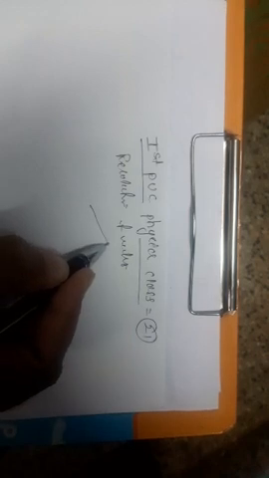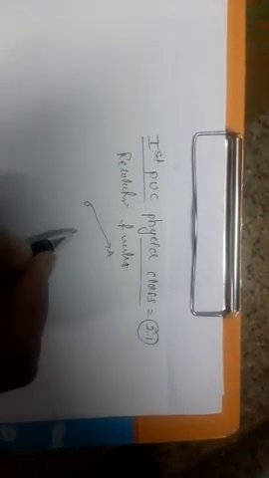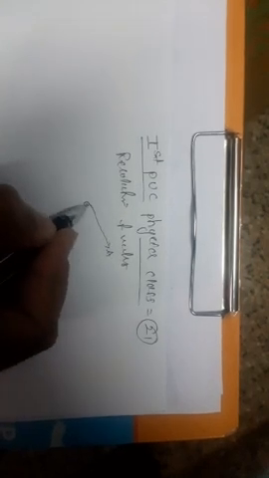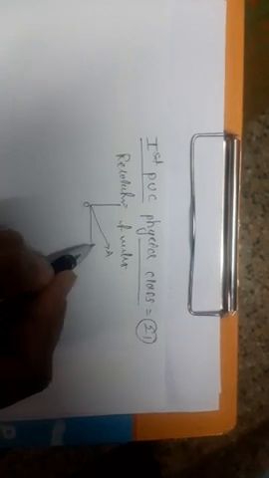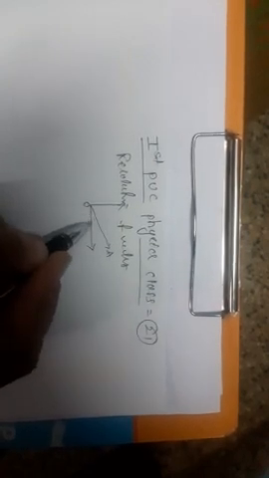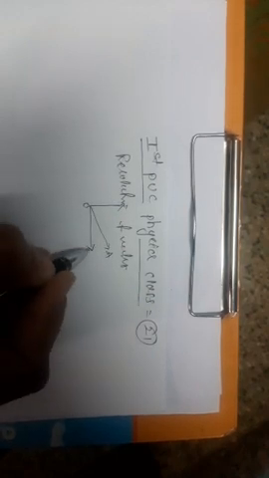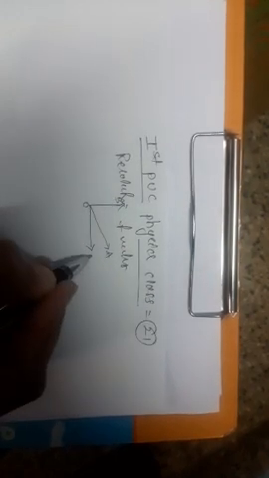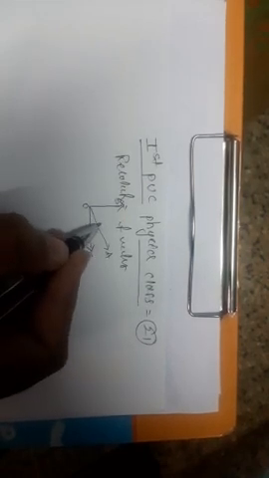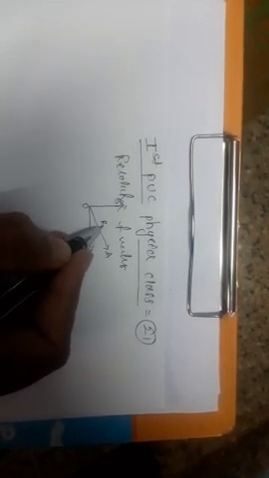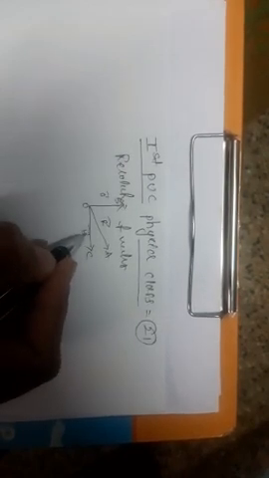See, this is the vector. O is the initial point. OA is called a vector, and this vector is resolved into two different vectors, two different components. One is a horizontal component, one more is a vertical component. This is called vector B, this is called vector C. The vector OA is called the resolution of a vector, represented by vector R, and this is called vector A, this is called vector B.